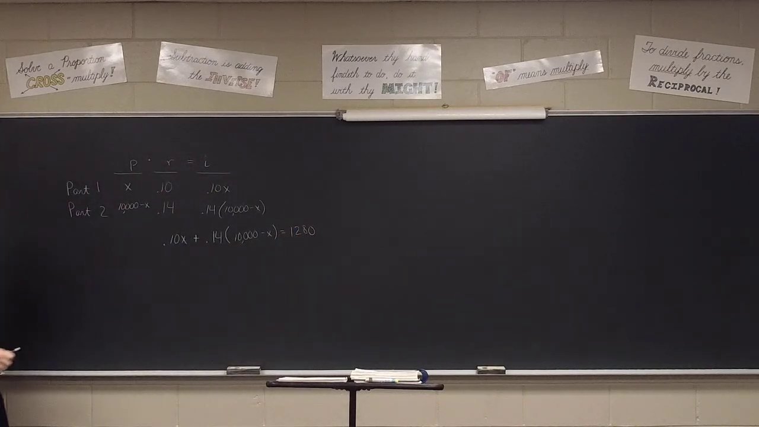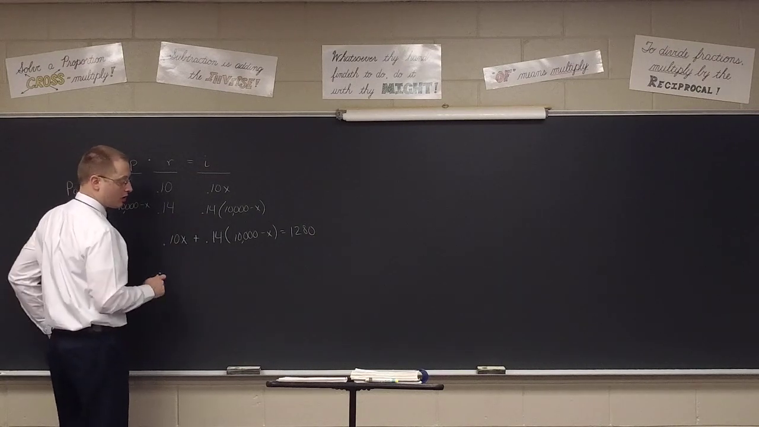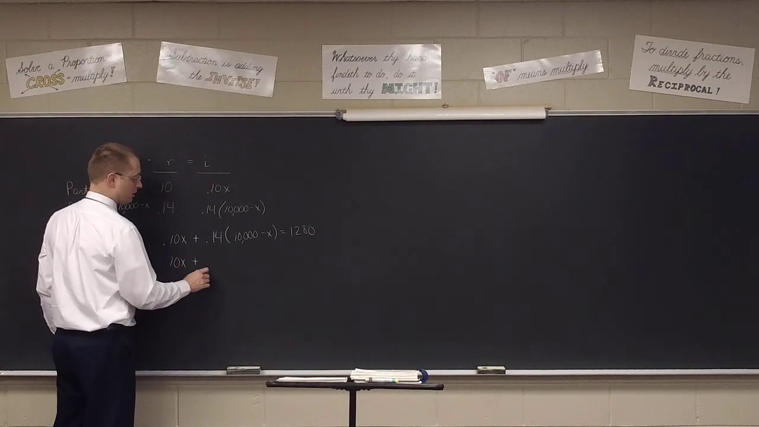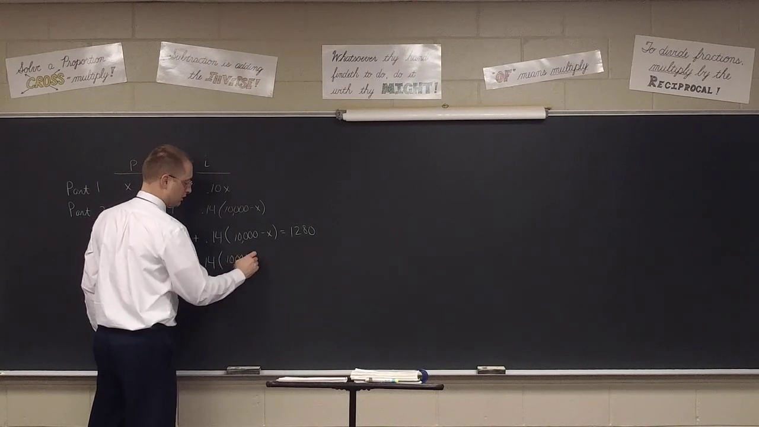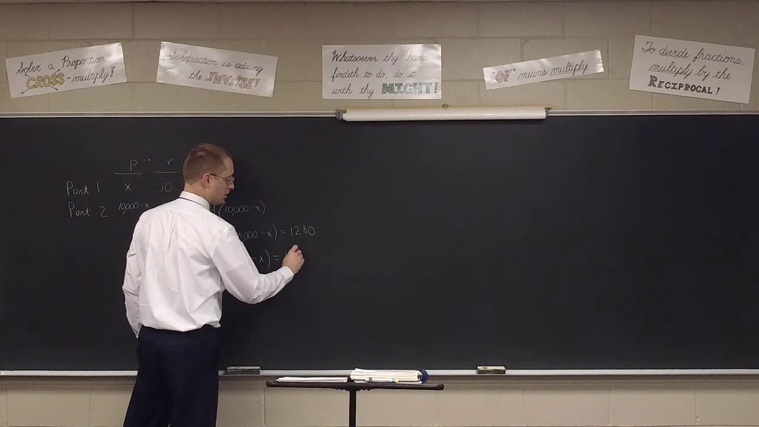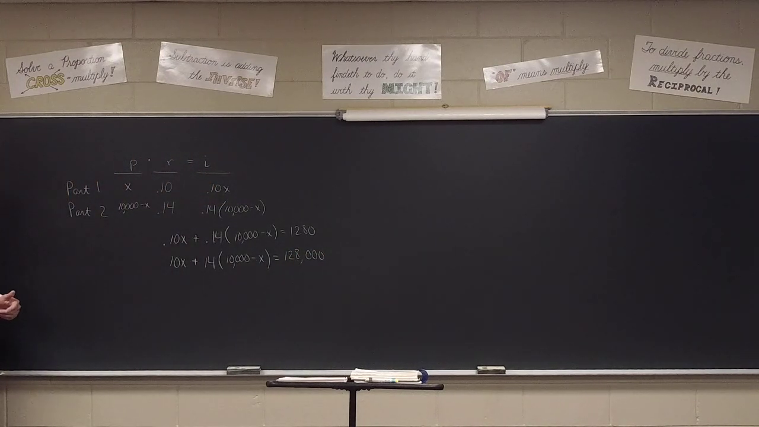All right, and as is going to happen every time we have an interest problem, we're going to have decimal places. We're going to have to move the decimal. How many times, class? 2. And what does the equation become when I move it 2 places everywhere? Noah? 10x plus 14 times 10,000 minus X equals 128,000. All right, and of course the next thing we would need to do here, Brecken, is go ahead and